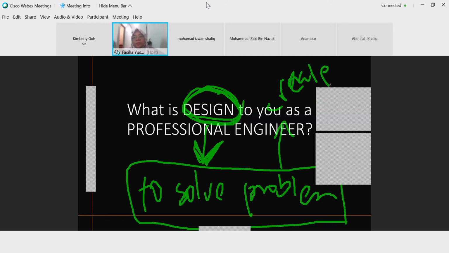To create something. And all your answers are here, as I explained. To solve problem: society has a problem, you need to solve. To solve that problem, you have to create something. Because if the solution is already there, you're not solving anything. Someone has solved that. Now, as an engineer, you have to design, you have to solve. And in order to solve the problem, you have to create. And to create the solution, you have to do all the process, including to draw with detail.